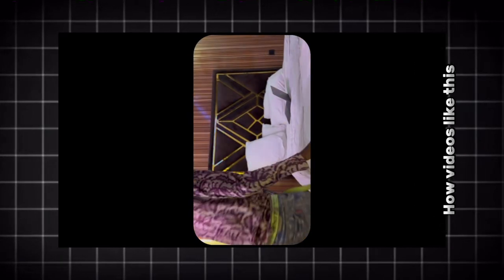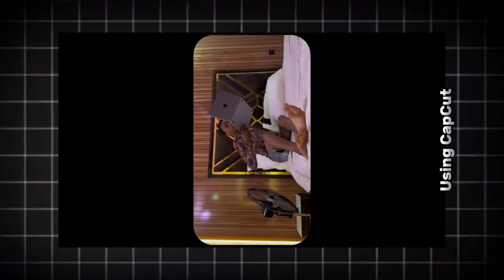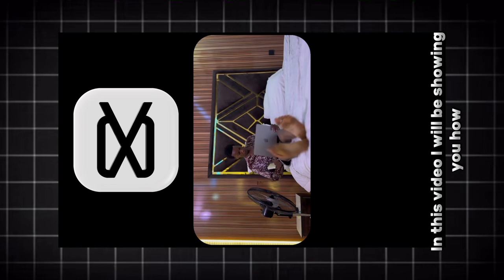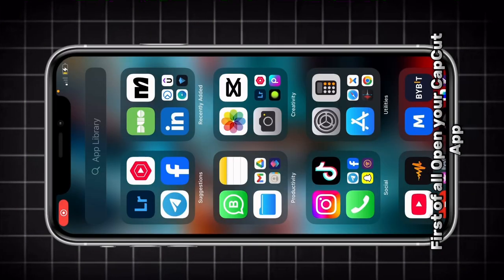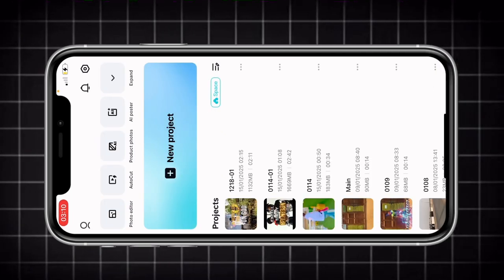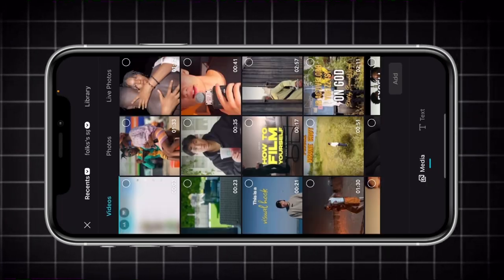Have you ever wondered how videos like this are made using CapCut? In this video, I'll be showing you how I made this using the CapCut app. Let's hop in. First of all, you open your CapCut app, click on new project, click on the video you